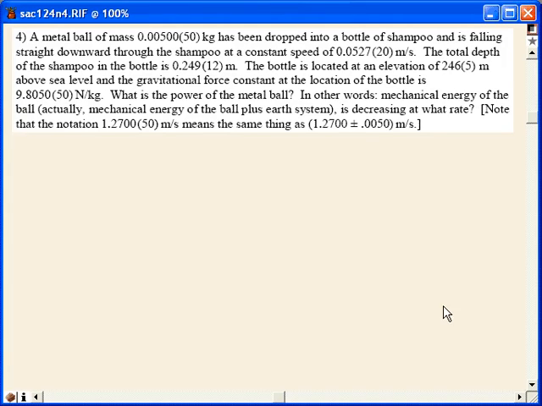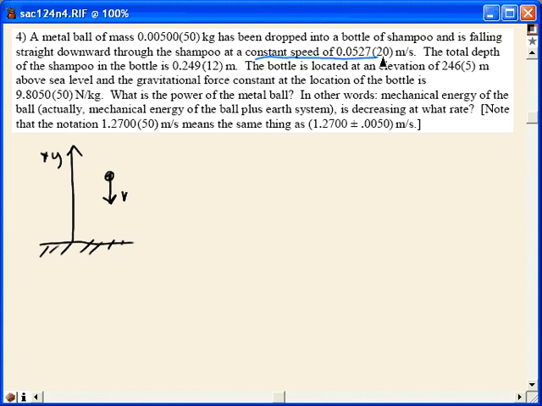The old Powerball problem, eh? Going to draw a little coordinate system here. I'll call that the plus y direction. We got a little metal ball dropping with some velocity I'll call v. And the thing is, it's a constant speed in the downward direction there. So